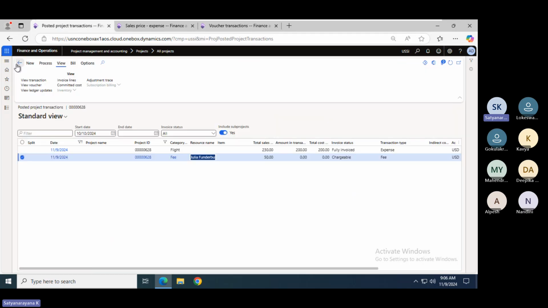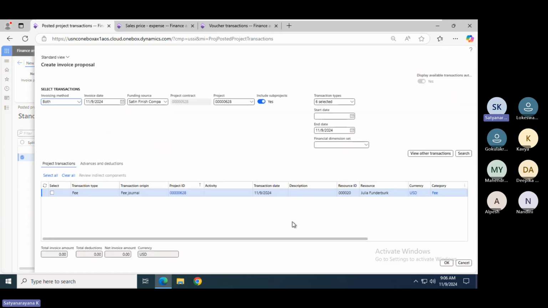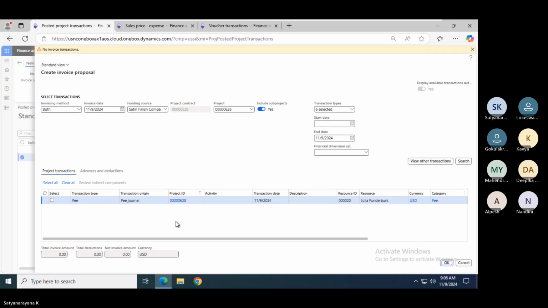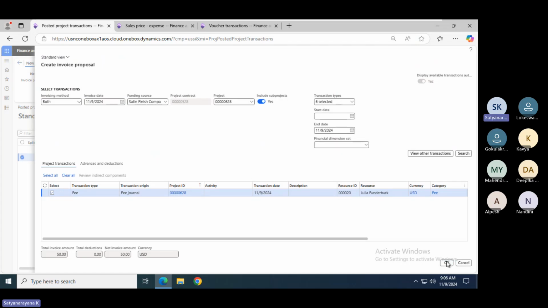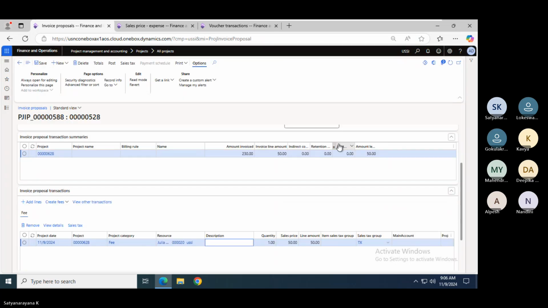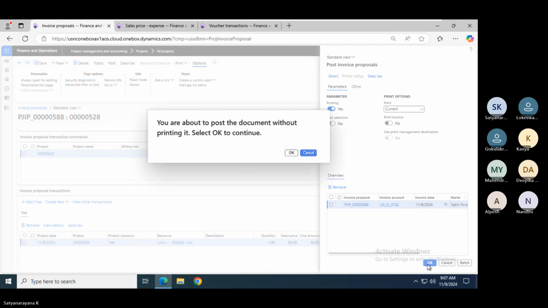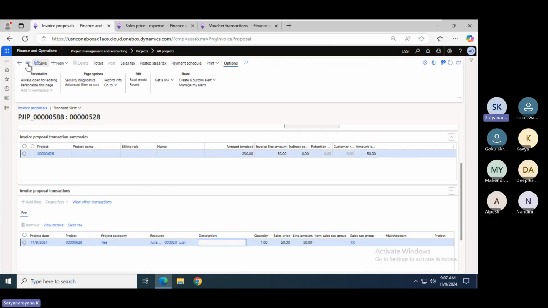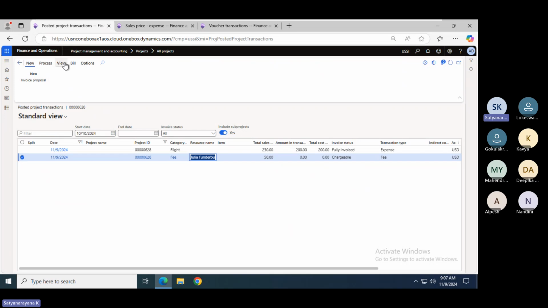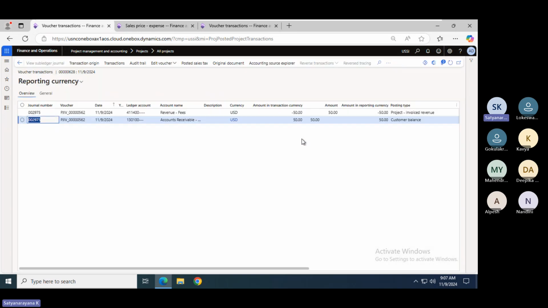Now if I go back and go to invoice, new invoice proposal, click on next. Let me select this checkbox. Click OK. Okay, $50. I'm posting now. Now if you go back and verify the voucher, it is showing revenue account.